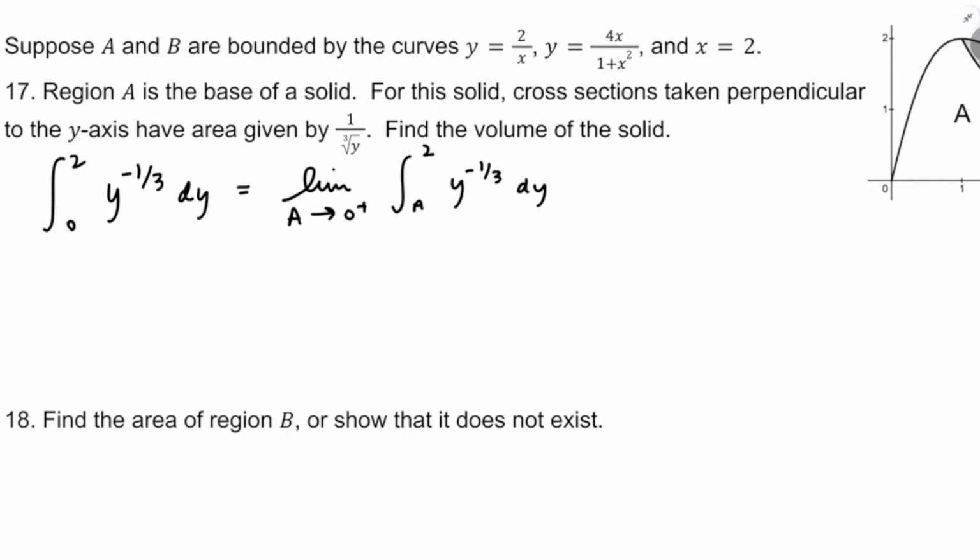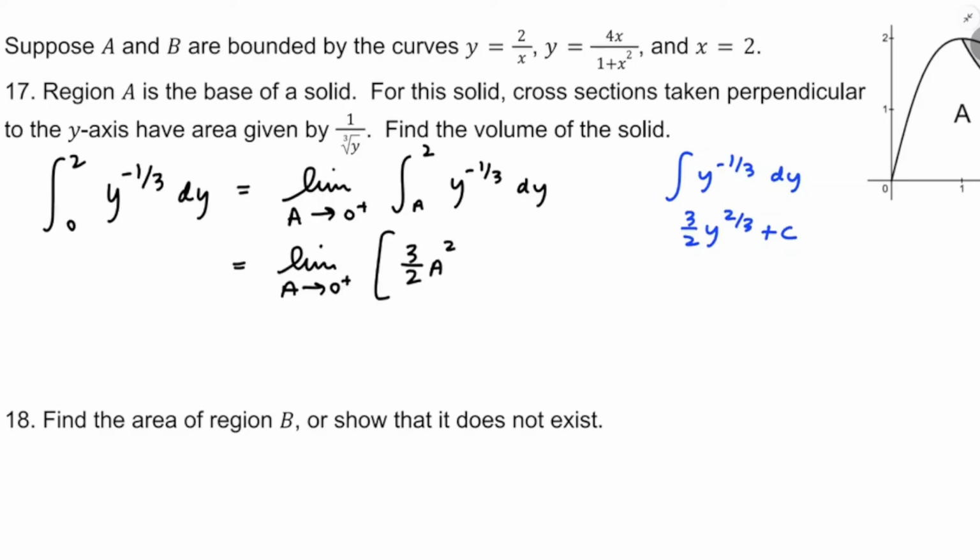Okay, antiderivative for y to the negative 1/3 with respect to y. I'd add 1 to the power and divide by the new power. So say I'm ready to plug in a. So 3/2 a to the 2/3 minus